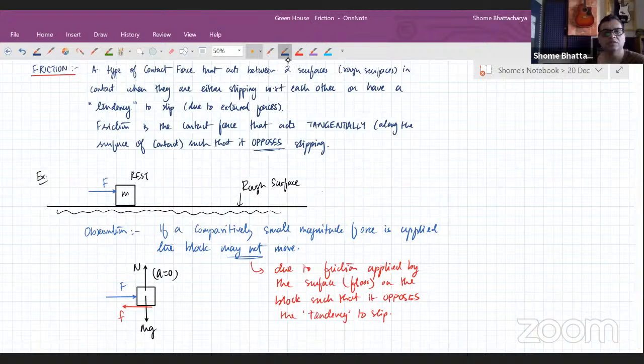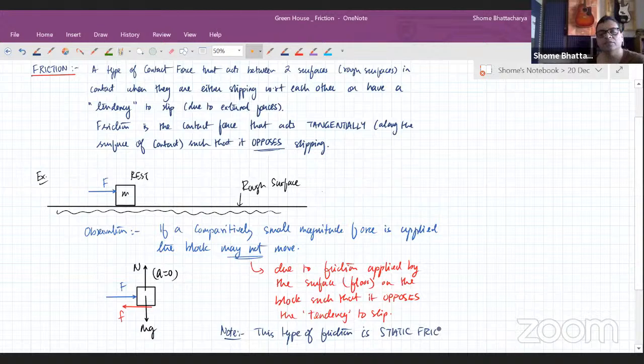Okay, so this is in fact an example of what we call static friction. This type of friction is in fact called static friction, and we'll discuss more in detail about static friction next. So you can see here what is happening free body diagram wise. Normal reaction is